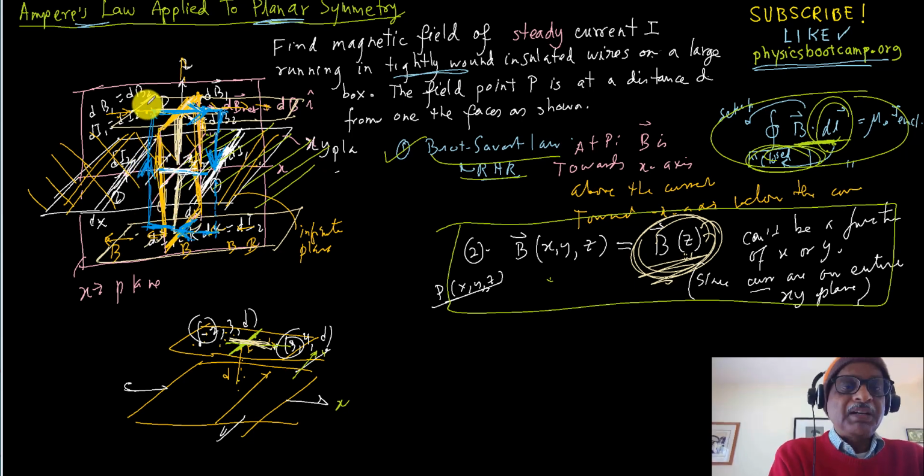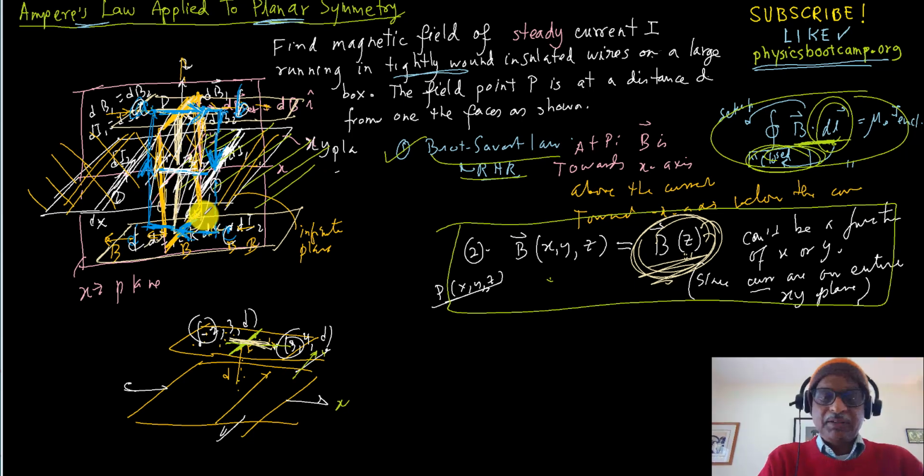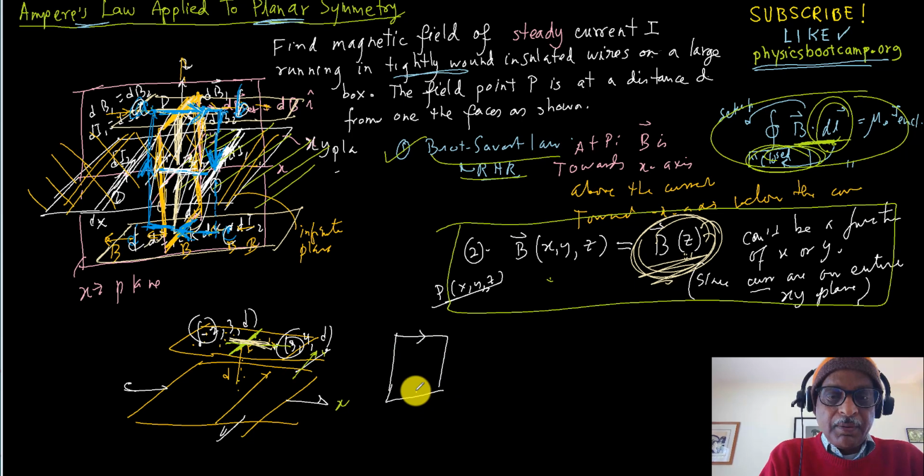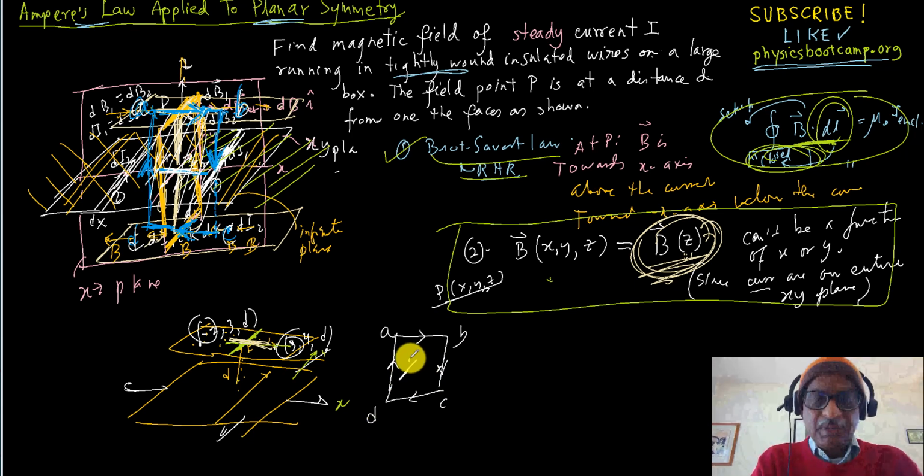So this will be the A, B, C, and D. Maybe I can use another color. A, B, C, and D. So that will be the loop. And so this is a loop that's in the XZ plane. So that means we take a loop in the XZ plane. A, B, C, D, and then the current will go right through it, and you can see that